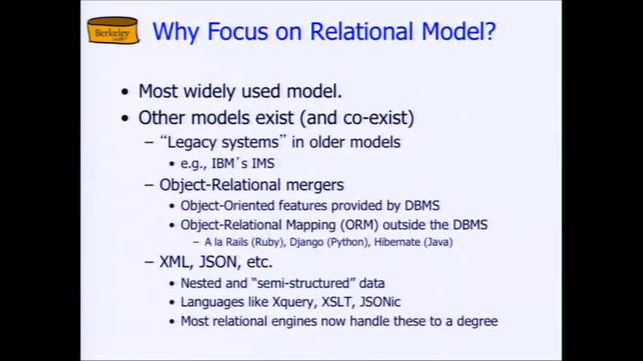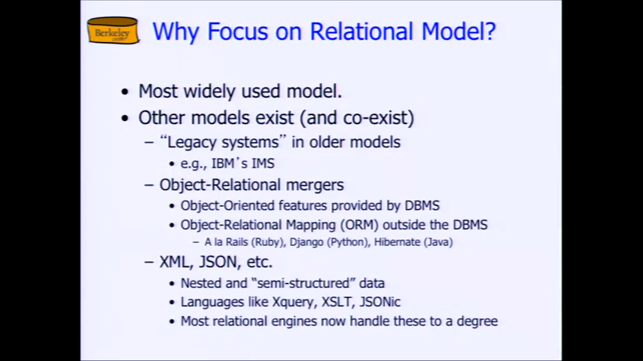Why the relational model? I sort of talked about this already. It's very widely used. There are other models. There's old ones like IBM IMS. There's mergers of objects and relations. Some databases like Postgres will provide you with an object model, and then some languages like Ruby on Rails will provide you a mapping from an object model to the database. That's all great, okay? Very useful. We won't cover it in this class, but those are good when you're interfacing your programming language model with your